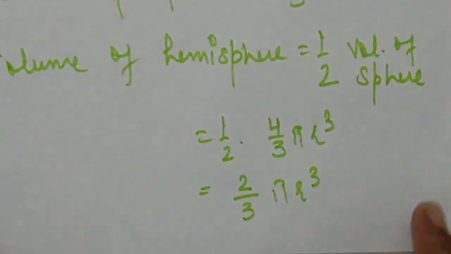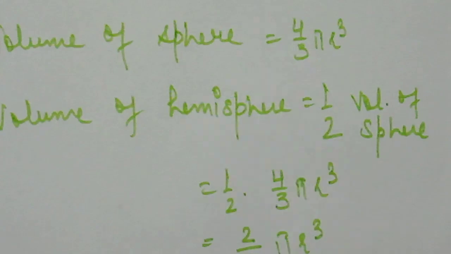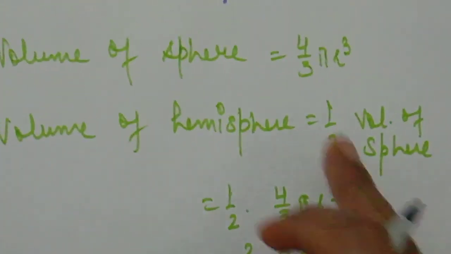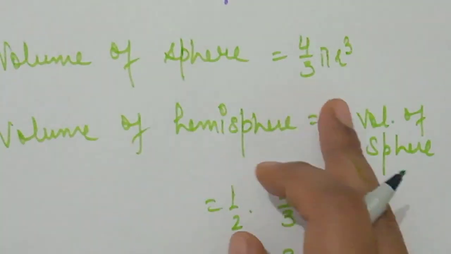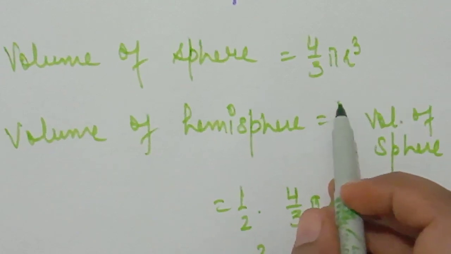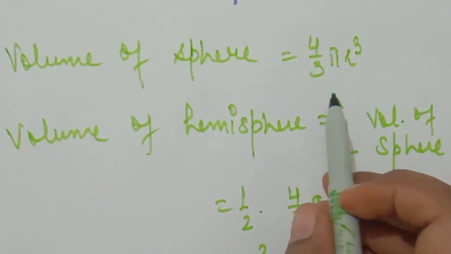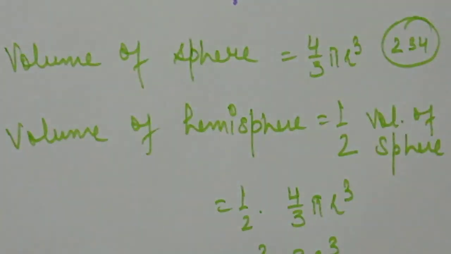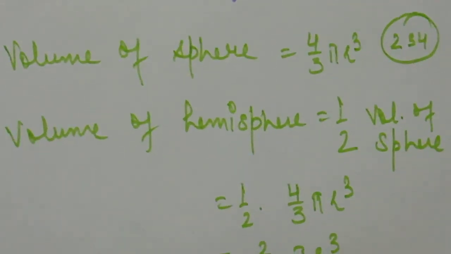Now you know the formula of the volume of a sphere and the volume of a hemisphere. There is no specific derivation and activity for finding the volume of a sphere. You can read, there is a simple activity given on your NCERT page number 234. A simple measurement is already given, and there is no specific derivation in your class. So now students, we will proceed towards the questions of volume of a sphere.